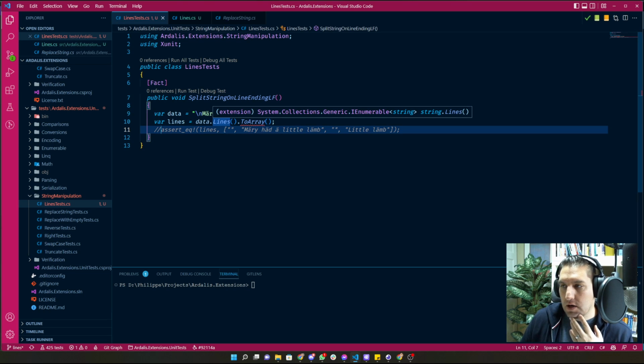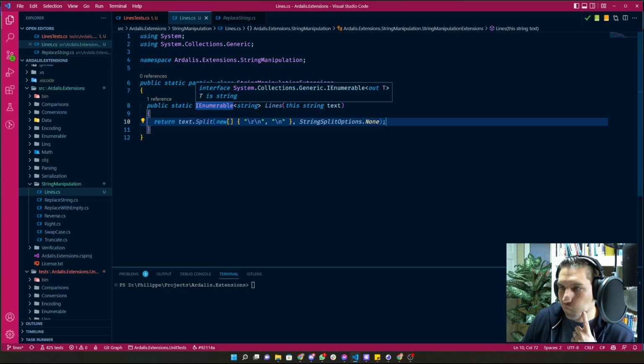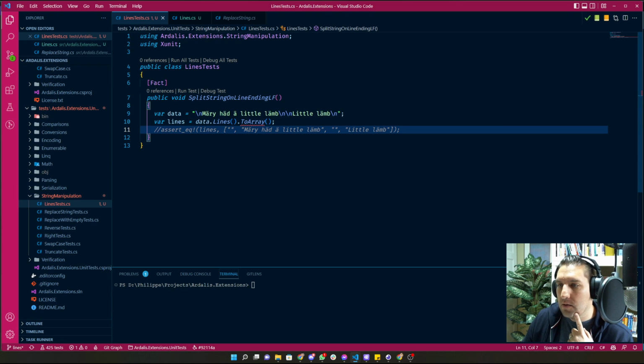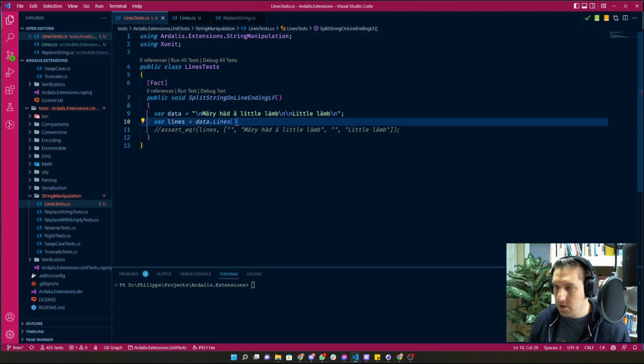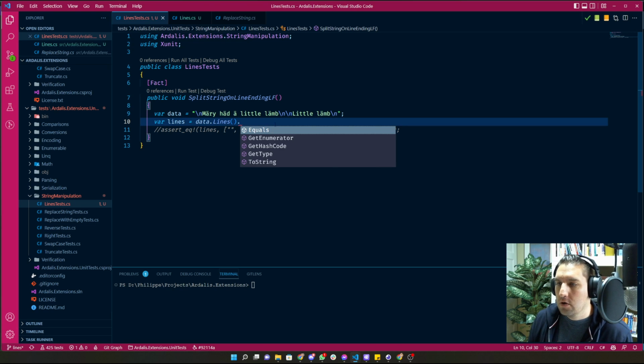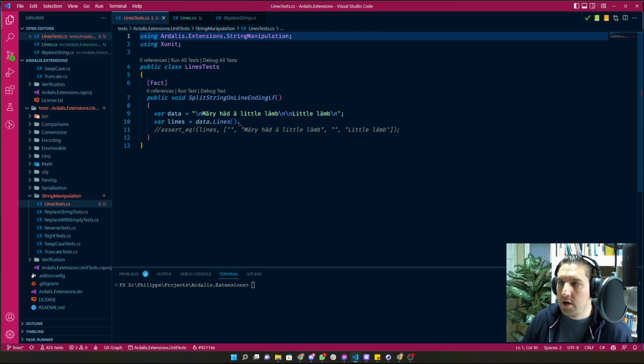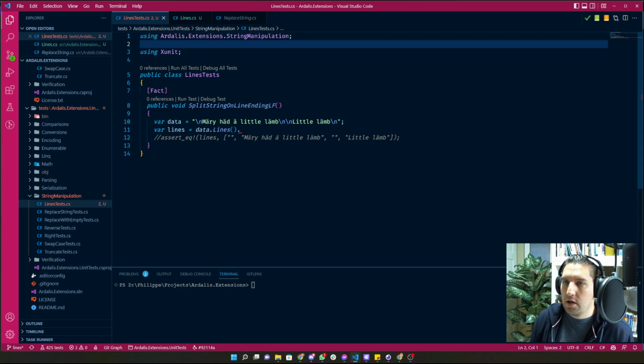Lines returns IEnumerable of string. Won't we have ToArray of that? We did. Let's see. Might be forgetting something here. Data.Lines, GetEnumerator, GetHashCode, GetType. It is probably because I'm not importing